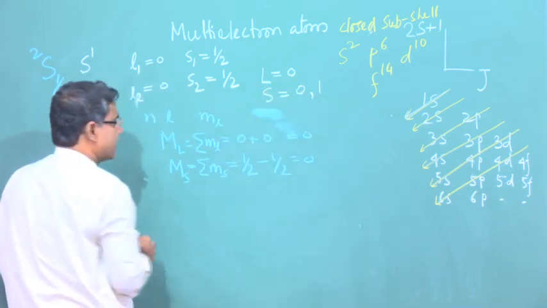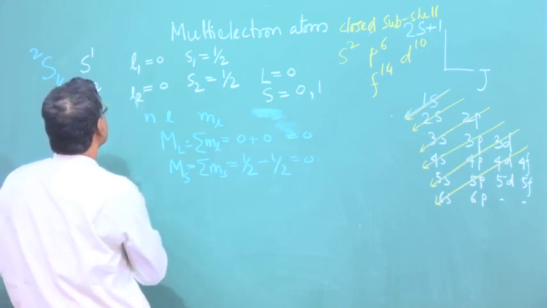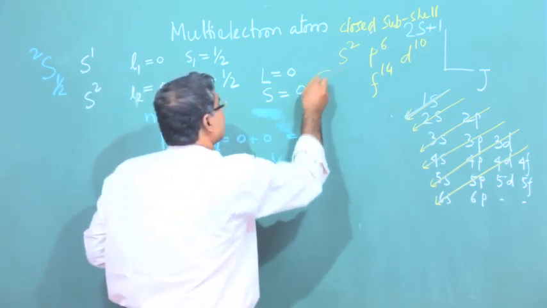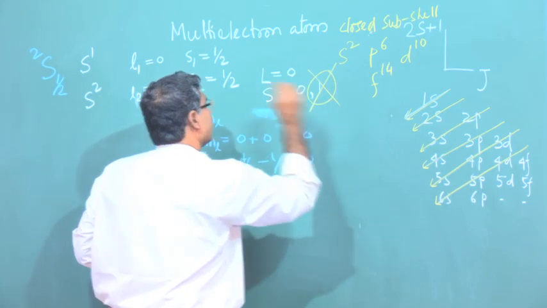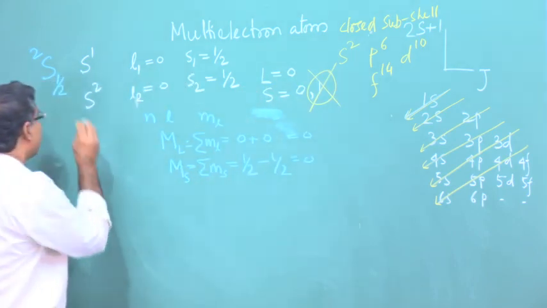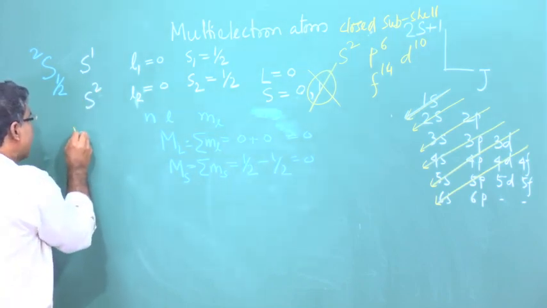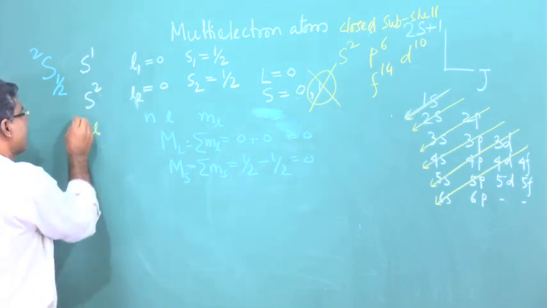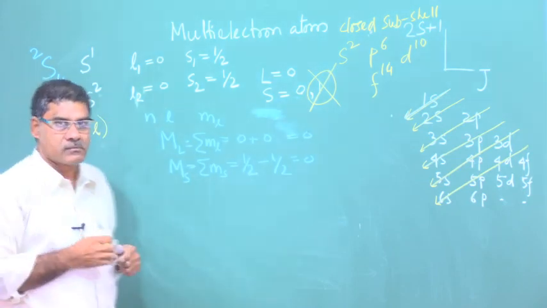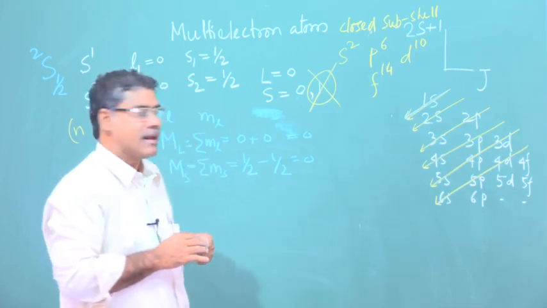So, we will get S equal to 0, and that is not allowed. Okay. So, from here, as I have already mentioned, when the n and l values are the same for 2 electrons, or 3 electrons, 4 electrons, whatever, n and l the same,